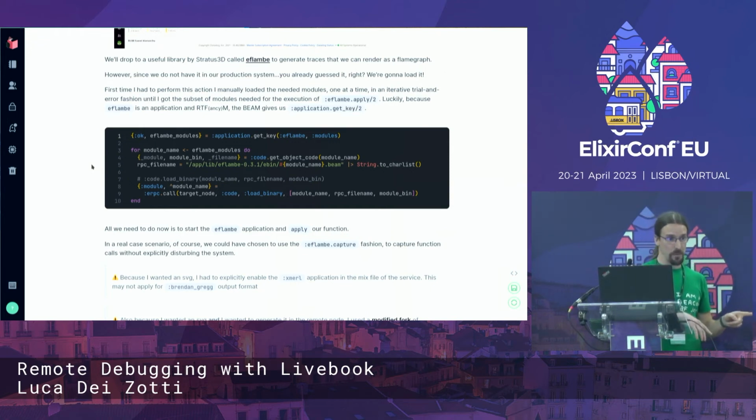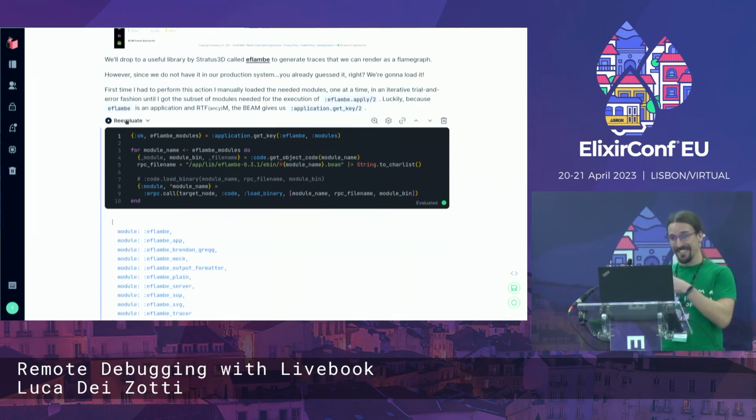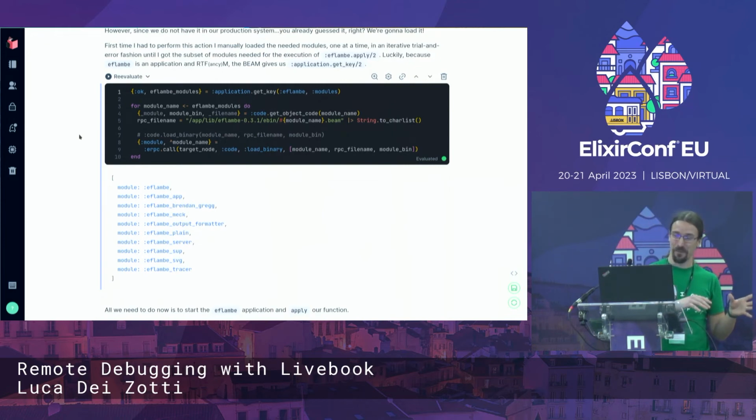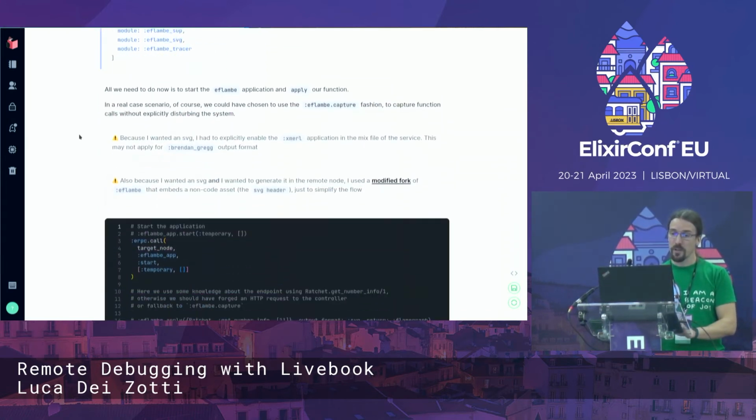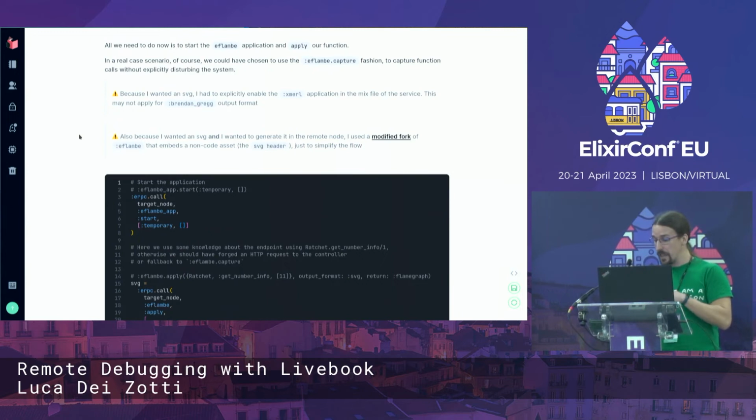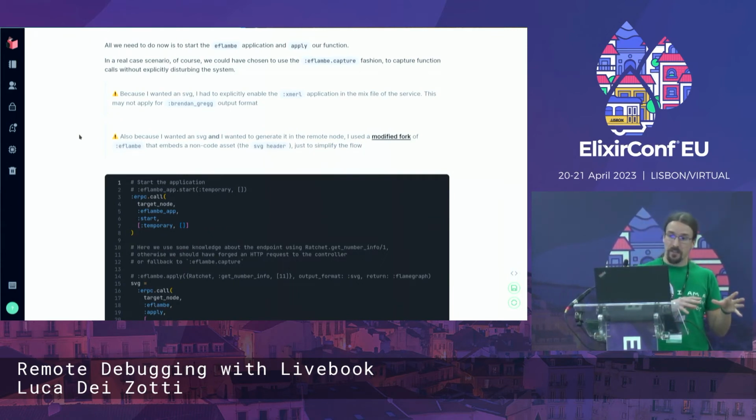The first time I had to perform this, I just did it manually, so just load a module, doesn't work, load another module, doesn't work. But then I read the documentation, and I discovered that there is this application get key that gives me all the modules of the application. So let's just reduce them in a for comprehension and load them on the remote node using, again, code load. All we need to know now, similar to DBG, is to start the eFlambe application and try to apply our function. In a real case scenario,